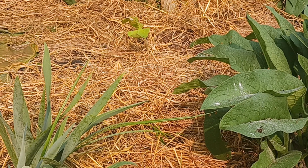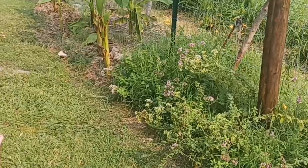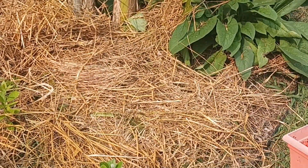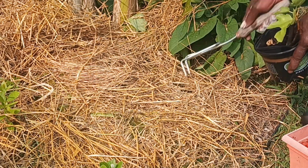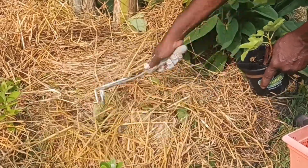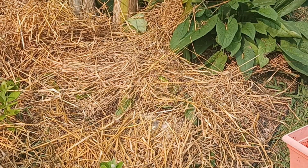I'm also gonna add a fig over here, one of my cuttings from last year. Don't know which. Looks like it's off of that Olympian, but I'm not really for sure because I didn't label it. So I'm gonna put him in about right here. The figs are just like bananas, they're heavy feeders. So